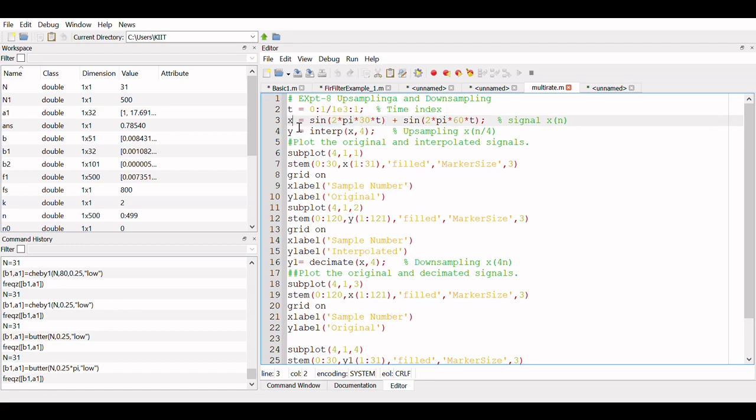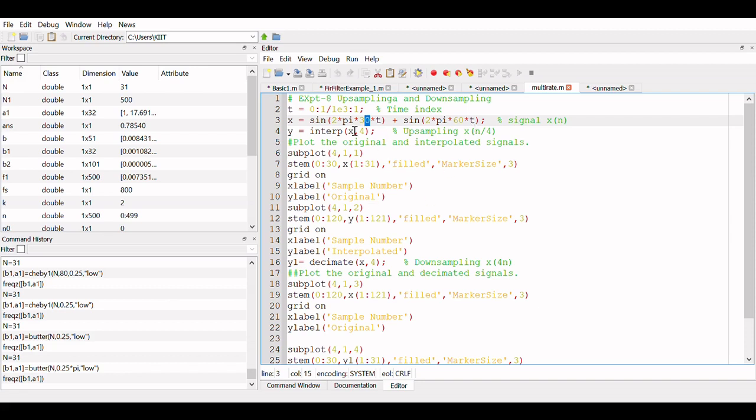Now x is a sinusoidal signal which contains 2 different frequencies, one is 30 Hz, another is 60 Hz: sin 2 pi f1 t plus sin 2 pi f2 t.